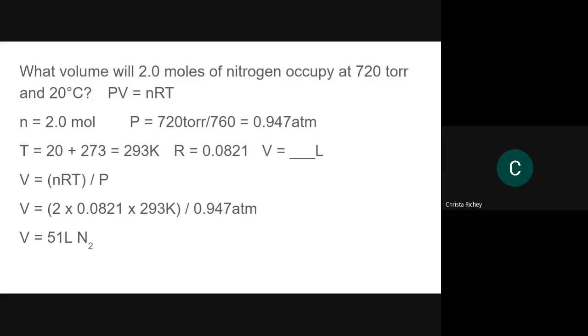law. What was the formula for the last one? The last one was V1 over T1 equals V2 over T2. This is the ideal gas law where PV equals nRT. Wait, so we did 3 of T1? No, there were 2 of those. That was Charles' law. V1 over T1 equals V2 over T2. Yeah, we did 3 of them. Oh, no. No, we did,